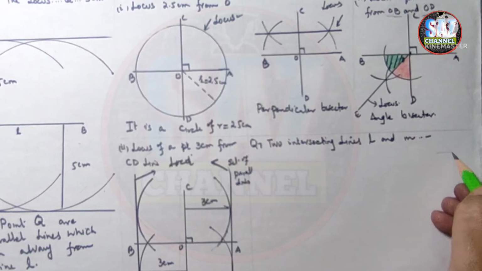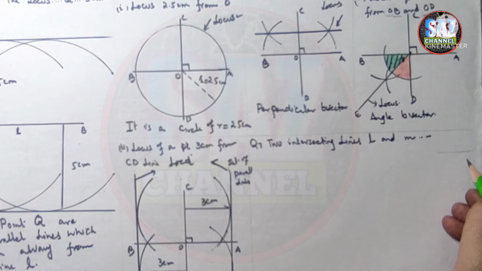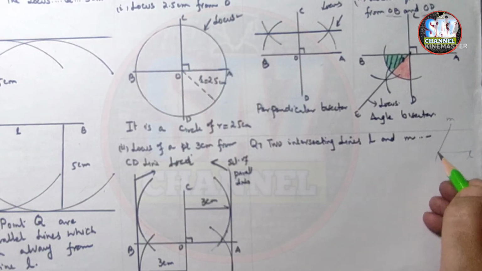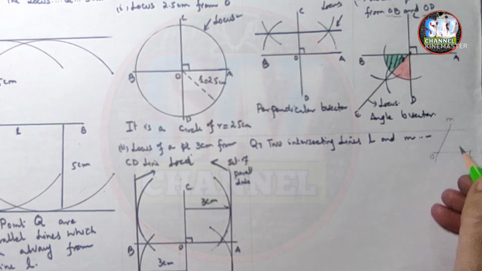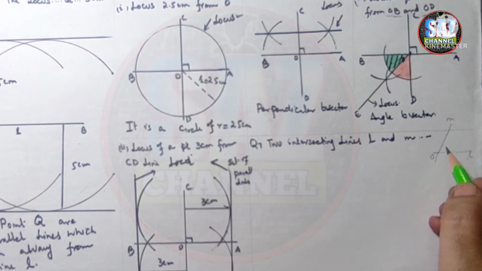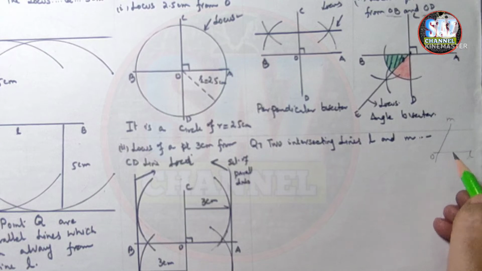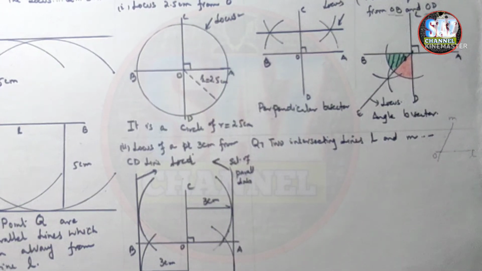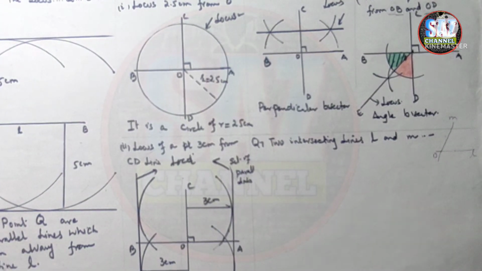L and M. Suppose this is L and this is M, and they are intersecting each other at point, suppose O. Then we have to construct the locus of the point P, which moves such that it is always at equal distance from these two lines. So recall that the locus which is always at equal distance from two intersecting lines is the angle bisector. So we have to first draw some angle of suitable measure,